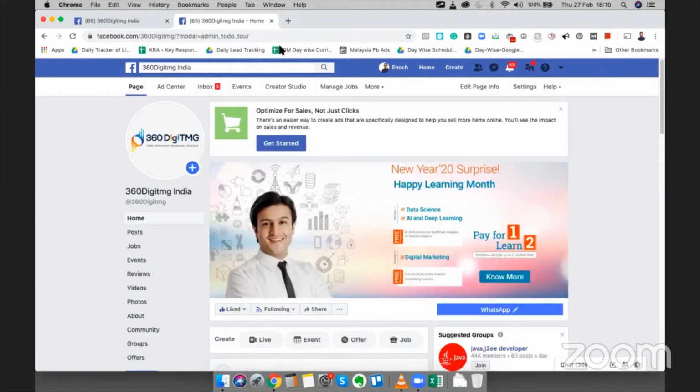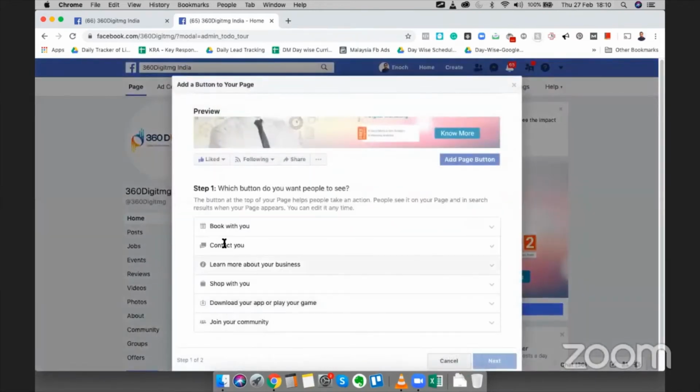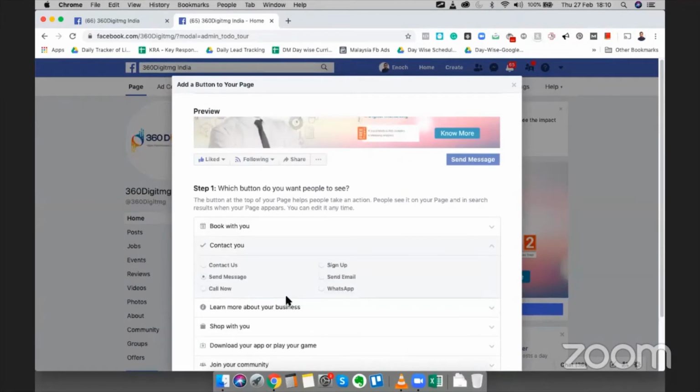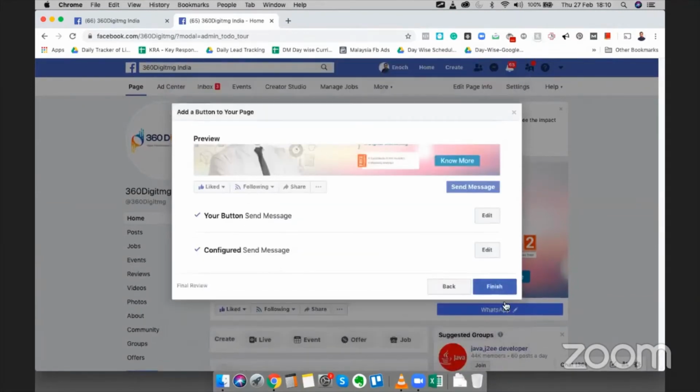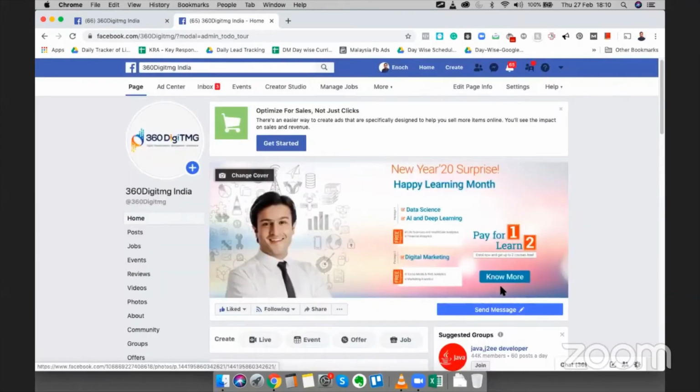Is it done? You don't see a send message? I don't see send message. I see WhatsApp and Messenger. Okay, hang on. Just refresh your page. It should say send message. I got it now. Perfect. Just send a message.